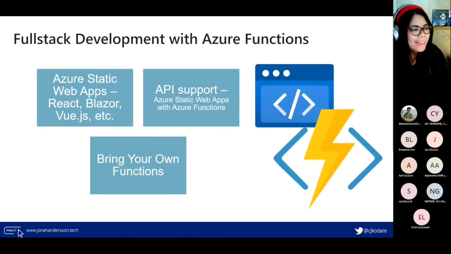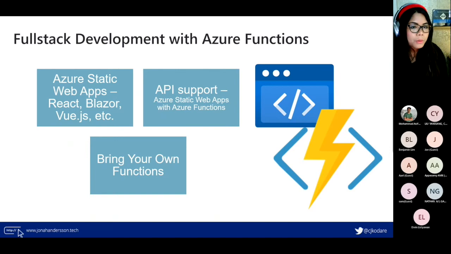And just like Maxime's session, it's a good combination of sessions that we have, because with Azure Functions, you can do full stack development along with Azure Static Web Apps. You can create a Blazor app or a React app, and then add in the API support.